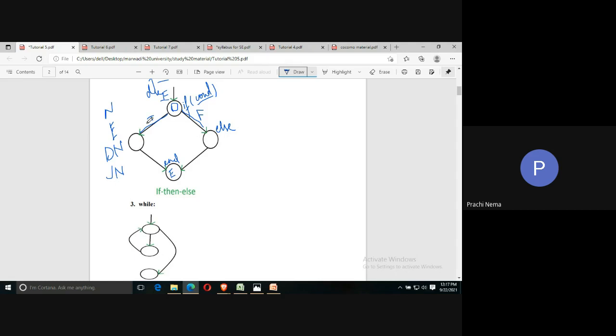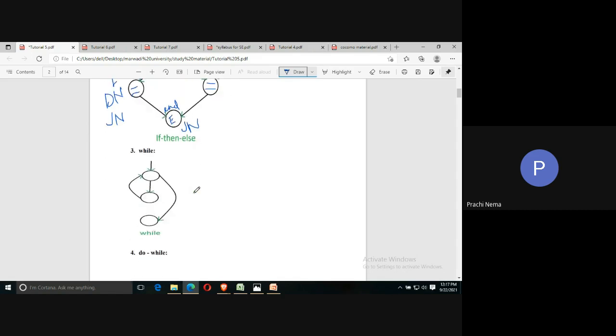This is a normal node with one incoming edge, one outgoing edge. It is simply execution of the block of code which is written over here. Same is with this one. This is a normal node with certain lines of code which will get executed. But here if you see, multiple incoming edges are there. So this is a junction node. Here multiple edges are getting converged, or they are meeting. So this is how you can identify a junction node and a decision node.